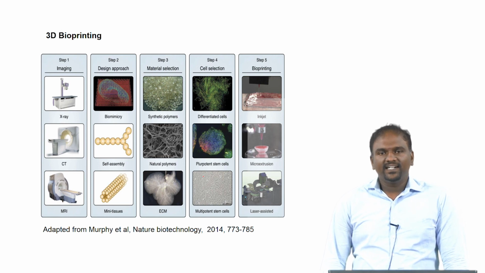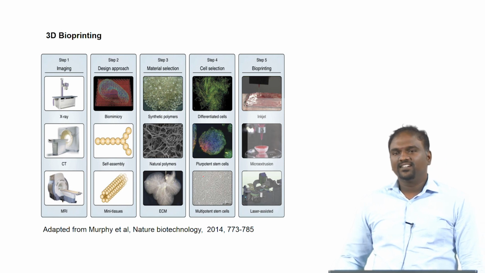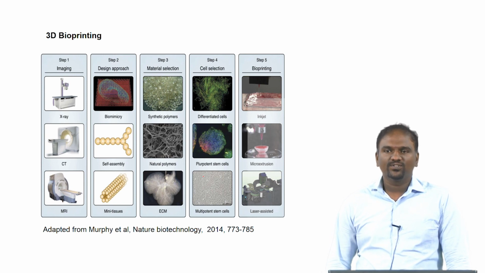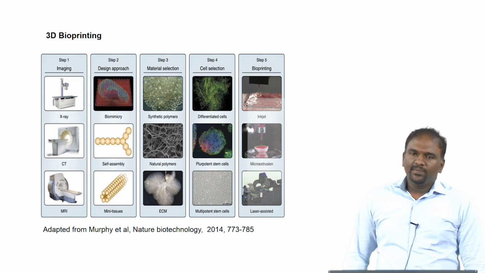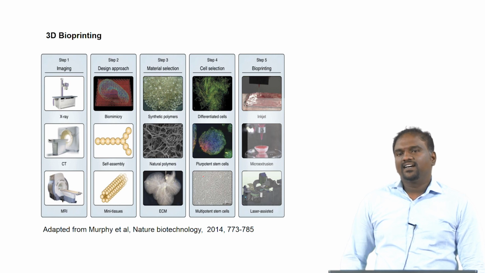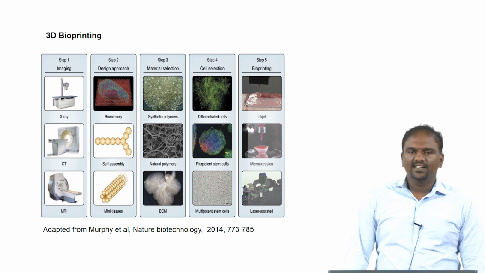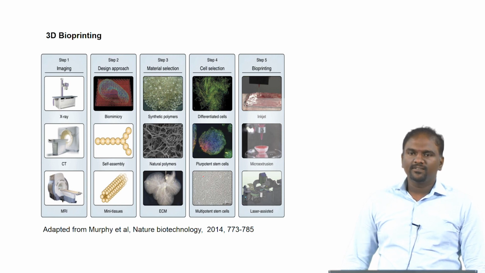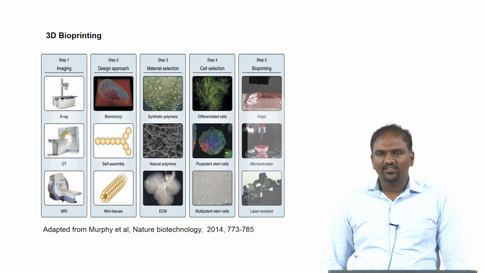Then the next step is material selection. In material selection, whatever criteria Vasudha discussed, we need to go through all of those, and decide what material we need and for what purpose. All these things need to be decided. Then in the case of cell selection, we have the epidermis, which contains keratinocytes, and the dermis, which contains fibroblasts. Apart from that, we can also go for some stem cells, as she discussed. Based on our interest, we need to choose keratinocytes or fibroblasts, or keratinocytes and fibroblasts together. It's up to us what we are going to make.